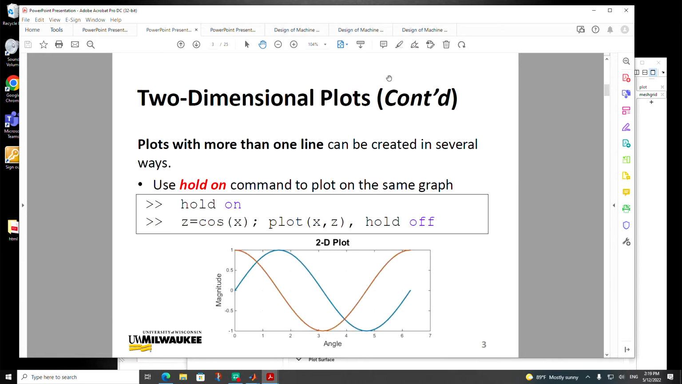Hold on, hold off. Basically, hold on tells MATLAB not to produce the plot yet until everything's considered. In this case, they draw two curves, and ultimately that's what it does. If you had just done the plot with the one curve, it would have produced the one curve first, and then you would have had another plot with a separate curve, or it depends on the version of MATLAB,